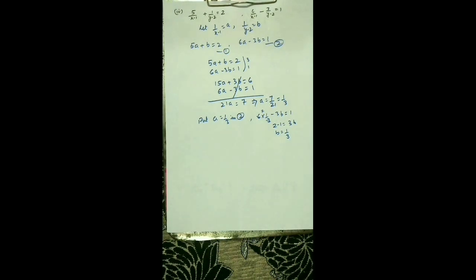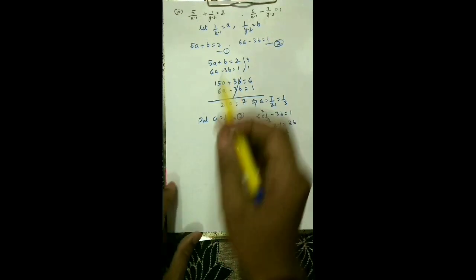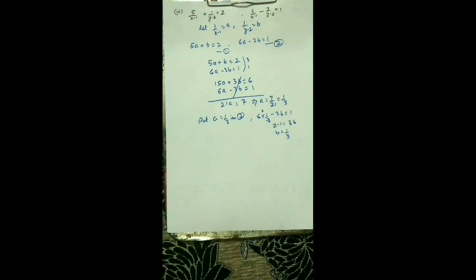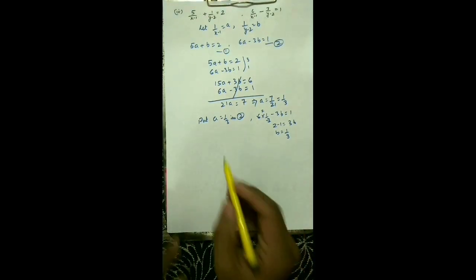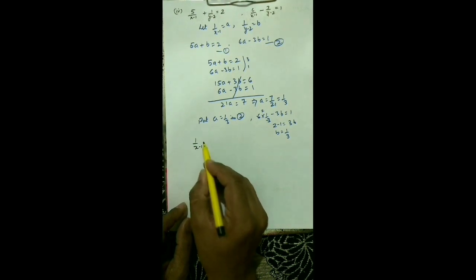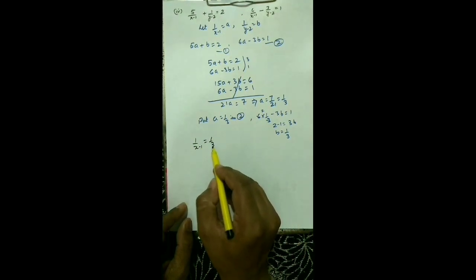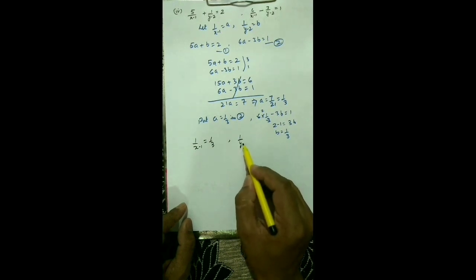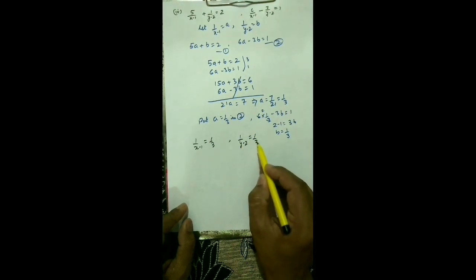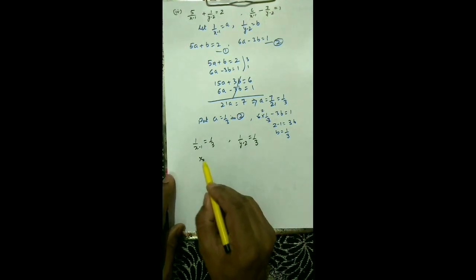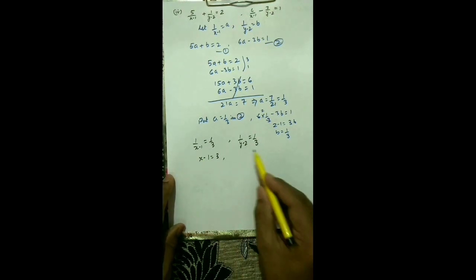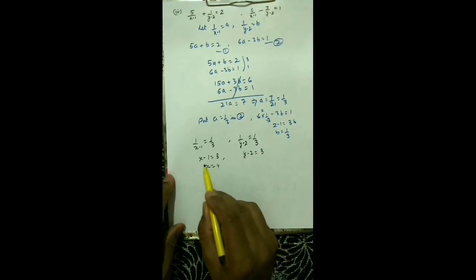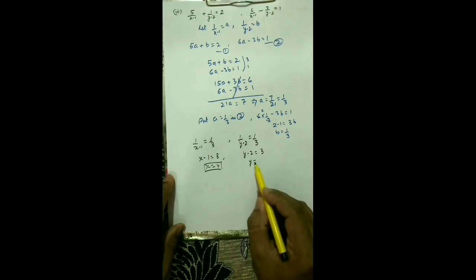So you have got now the value of a and b, but this is not the final answer because you want to have the answer in terms of x and y. So now we can see what we assumed in the beginning. We assumed that 1 upon x minus 1 is equal to a. So a is 1 upon 3, and we assumed 1 upon y minus 2 equal to b. b is 1 by 3. So now you simplify them, do the reciprocal on both sides. This is equal to 3, and here also do the reciprocal on both sides. So this is 3. So x is now coming 4 and y is now coming as 5.